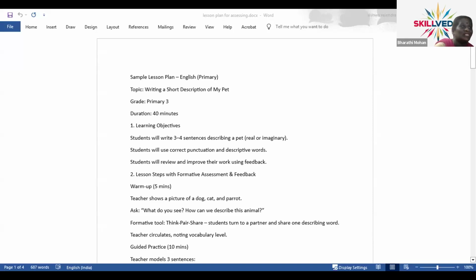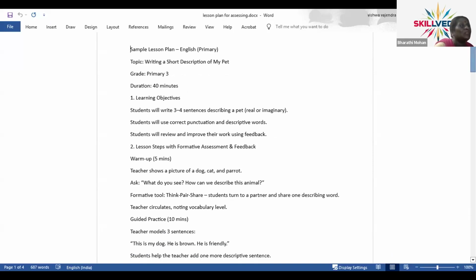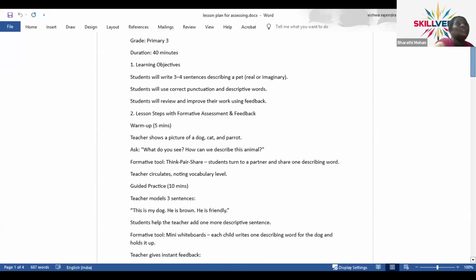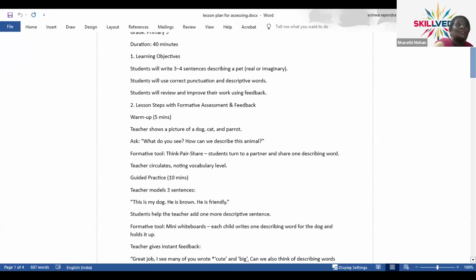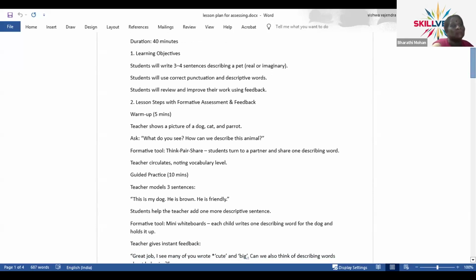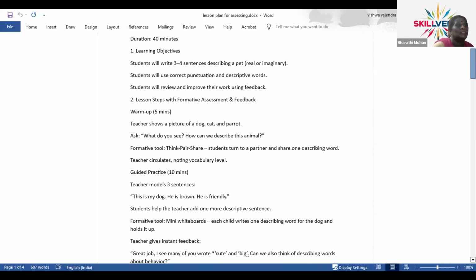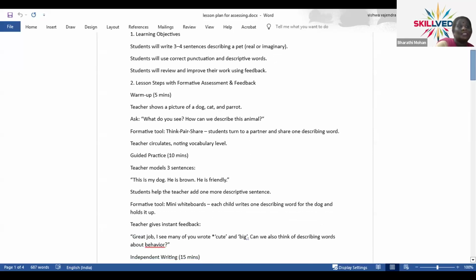That is why imaginary, or then you show them a picture of these animals and you say, what do you see? How do you describe these animals? You can pair the students and tell them, now describe. Then, this is my dog, it's brown, it's friendly. Then